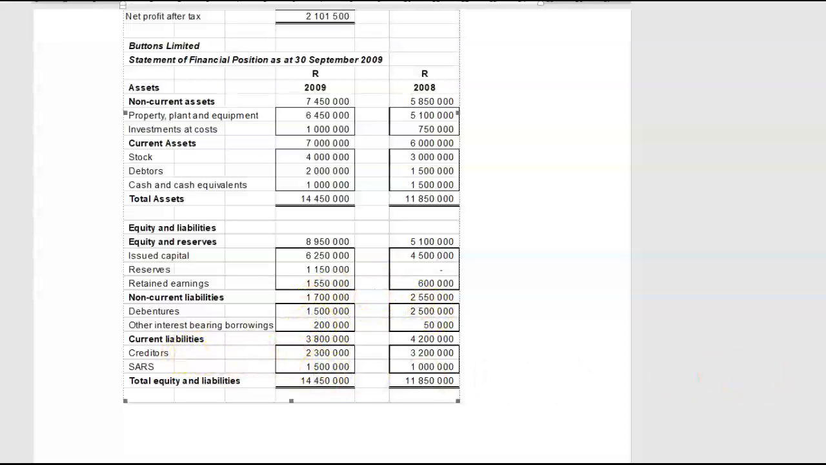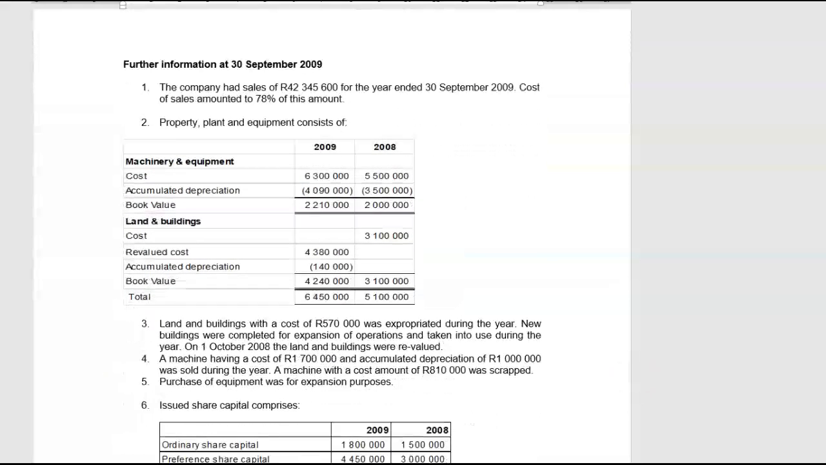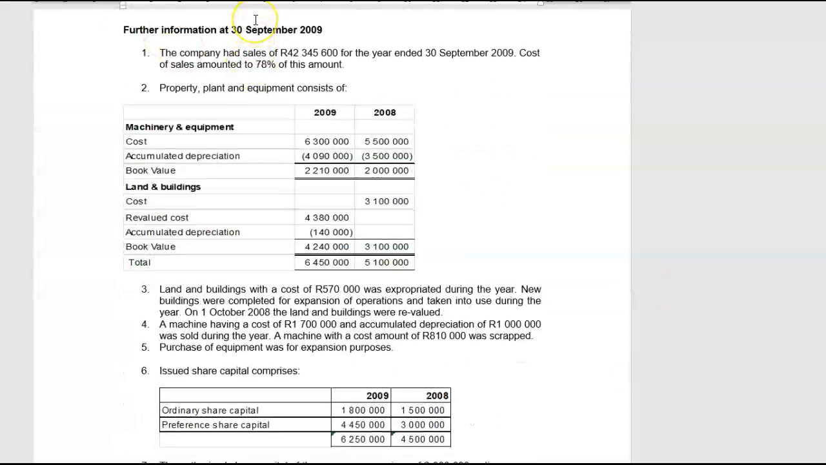No shareholders for dividends, as far as you can see, unless they have included it in the creditors figure. That means that if a dividend was declared for the year and there's no shareholders for dividends somewhere, either on the face under current liabilities or included in trade and other creditors, then the dividends declared was paid for the year. Further information, the company had sales of